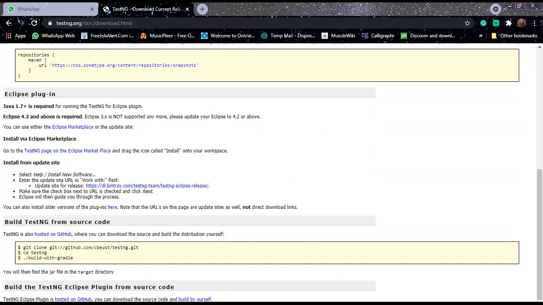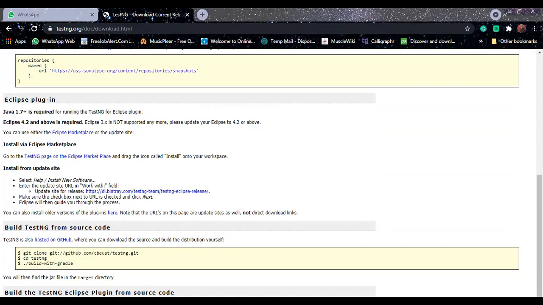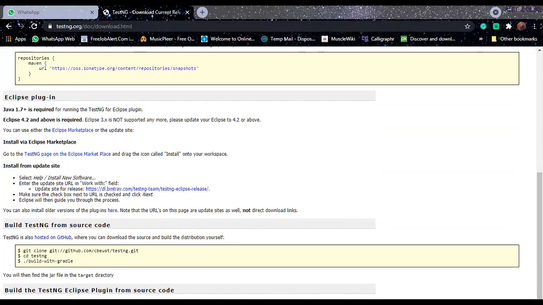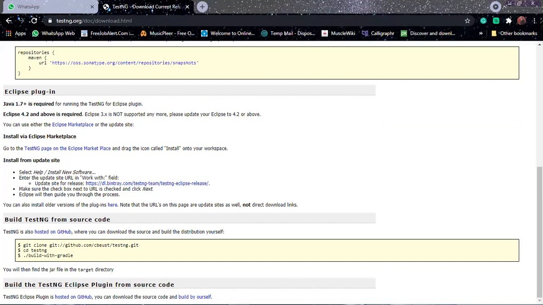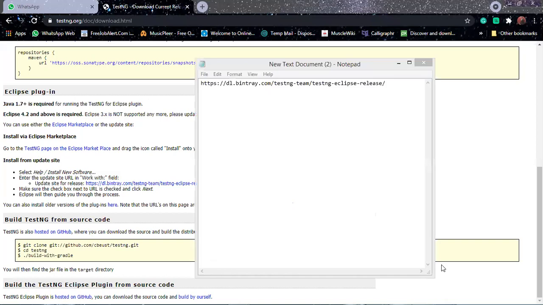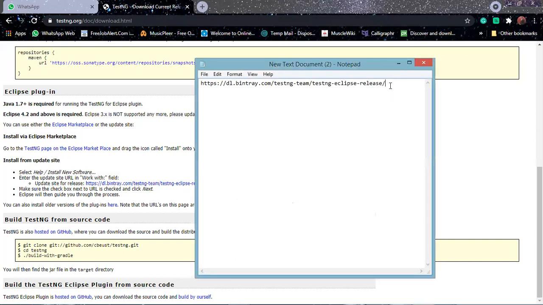Is it done, Vijay? Yeah, sir. Okay, now go back to the notepad. I can't see the notepad. Just a second, I'll see if I can share. Or else share it as a complete screen. Do not select the windows. Now can you see, sir? Yeah, cool. The dot should be removed at the end.